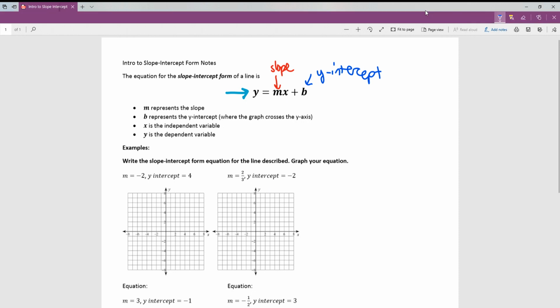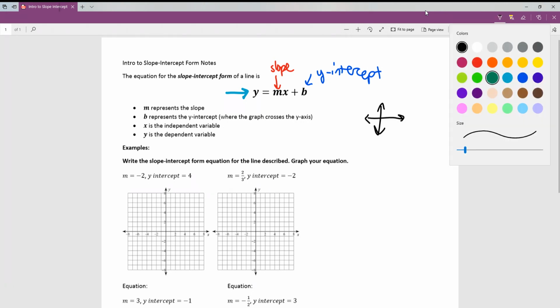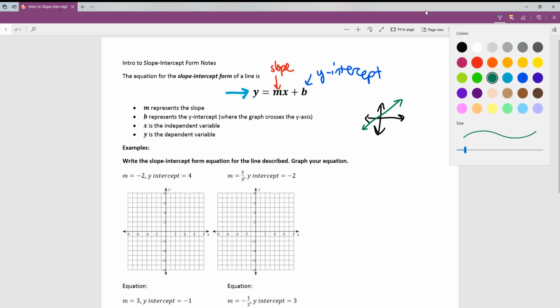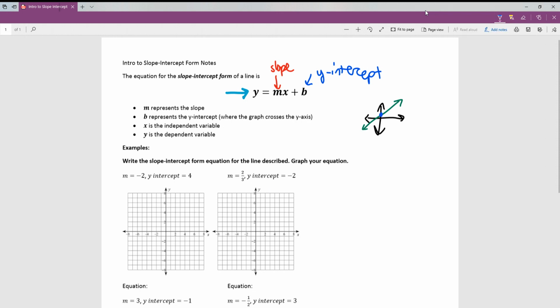So if you're looking at a graph, a little crooked, but you get the idea. If I have a line that's going to cross the y-axis somewhere, wherever that location is on the y-axis, that is our b, or our y-intercept. X and y are going to stay x and y when you write your equation. Today, you'll just be filling in the slope number in the m spot and the y-intercept number in the b